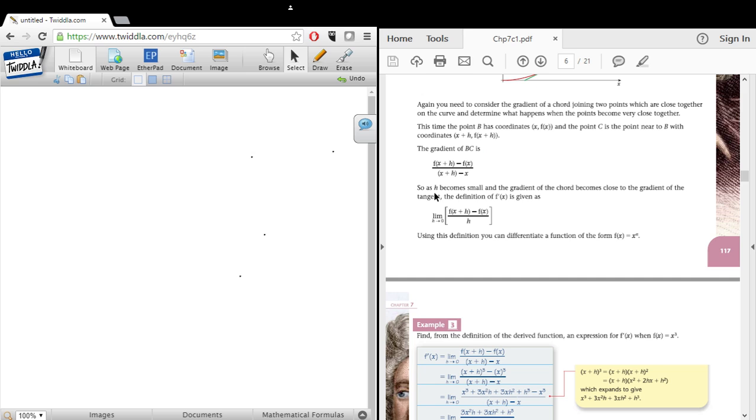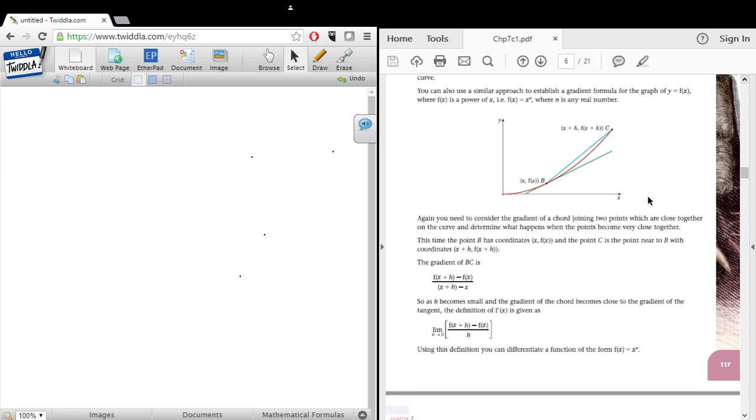As h becomes small and the gradient of the chord becomes close to the gradient of the tangent, the definition of f dash x is given as follows. This is not something you need to worry too much about, limits. This is something you actually learn more about when you get to university and study mathematics or any numerical degree, but they're just trying to get you accustomed to these terms here. Essentially what it means is the following. h is what you can